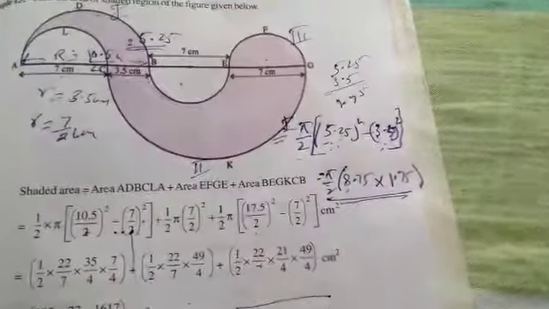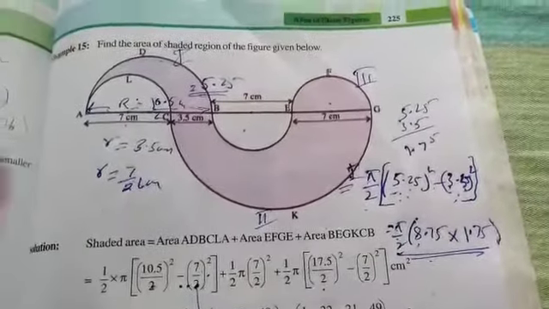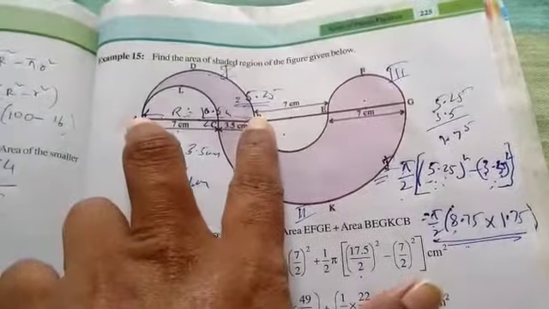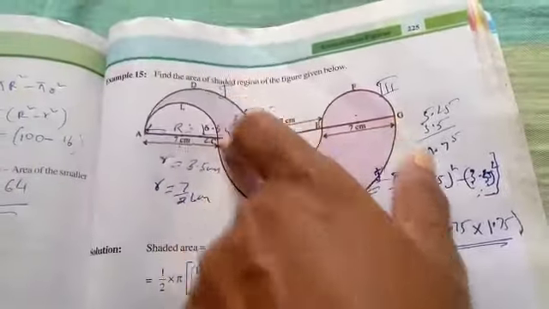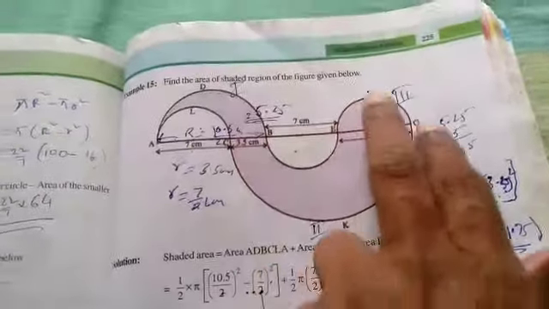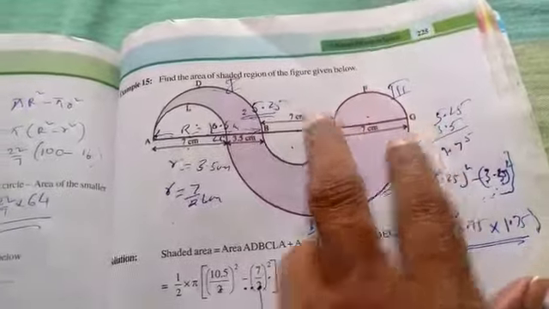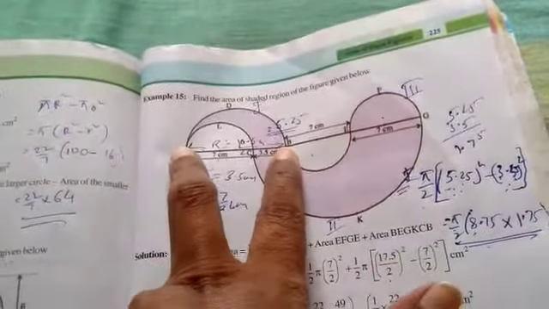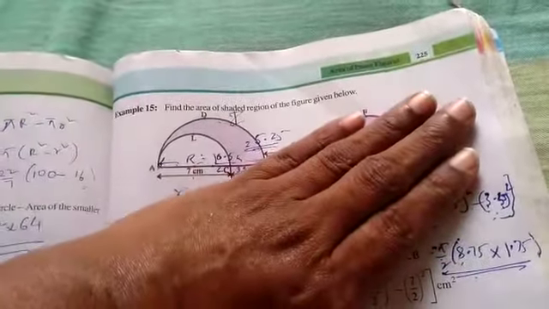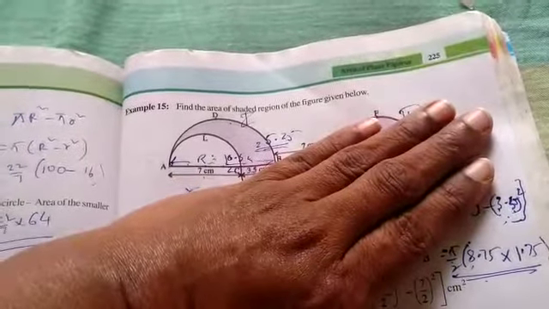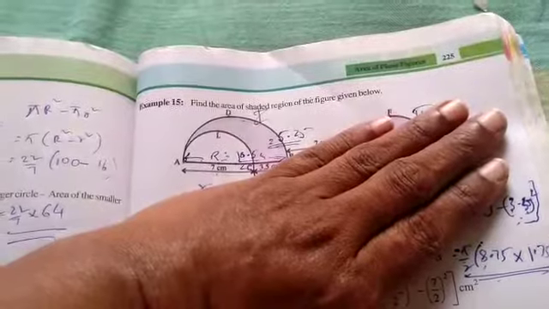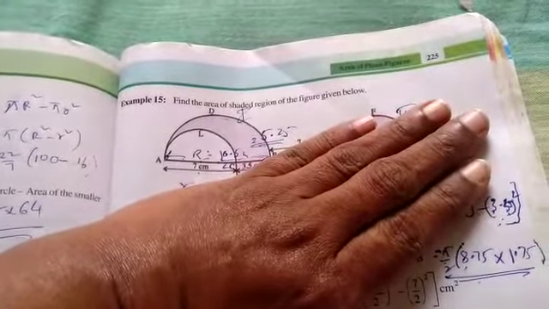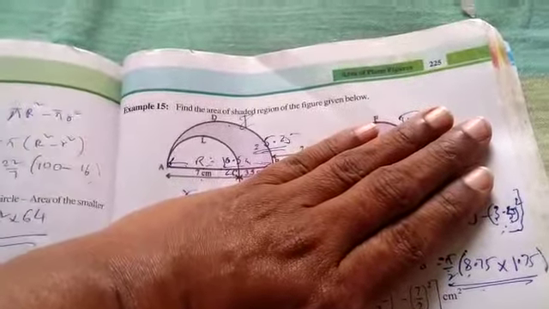Okay, children. So I'll repeat the whole concept here. Now divide the picture between AB, right? And now this part is between C and G, and this part comes between E and G. Now when it is this part, observe. Forget about the whole thing. Now you have only a semicircle, and in this semicircle, another unshaded semicircle is there. So from that area, subtract the area of the unshaded semicircle.